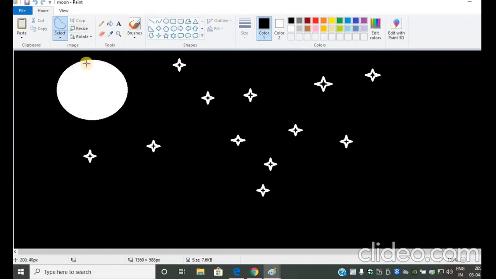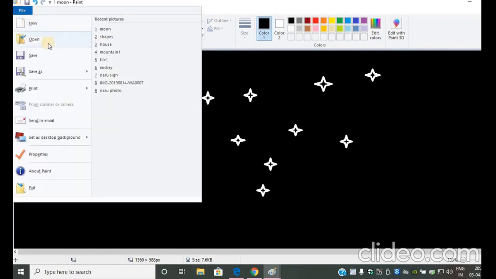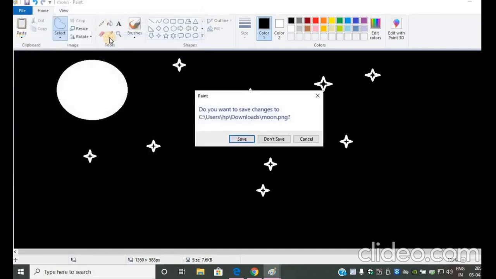Just a minute. Okay, let's select some other image because we are not able to see the exact changes in it.